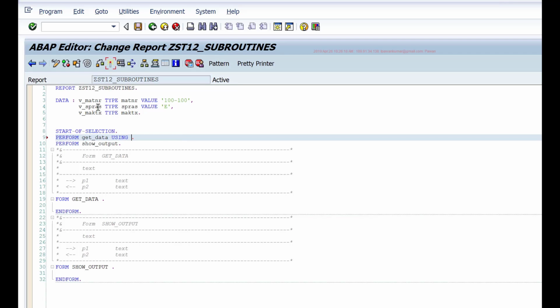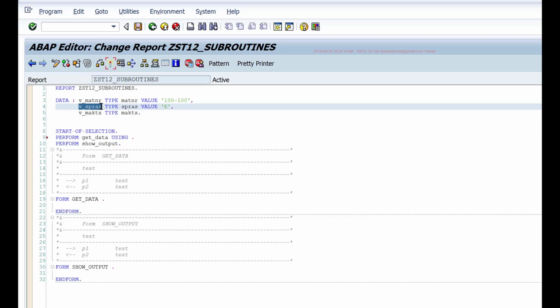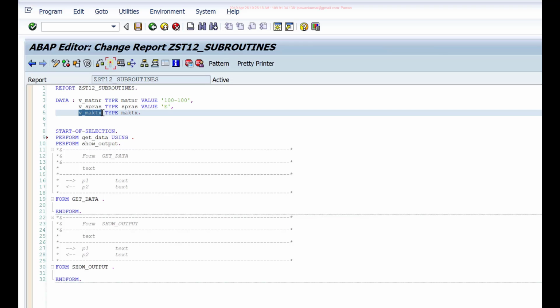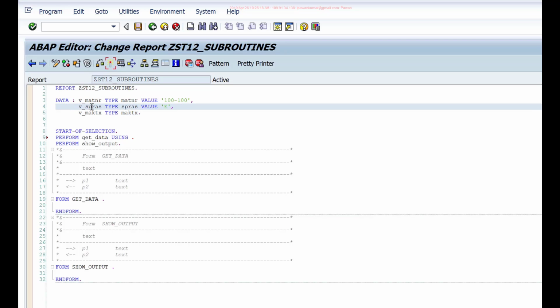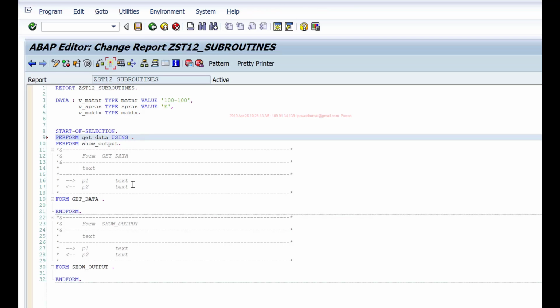In this scenario, we'll be passing vMATNR and vSPRAS values to the subroutine, and we'll be getting something into VMAKTX. So we'll be filling this VMAKTX field with a certain value. vMATNR and vSPRAS will be used within the subroutine, and VMAKTX will be changed. So I'll say USING vMATNR, and you give some space and list the second field, vSPRAS.